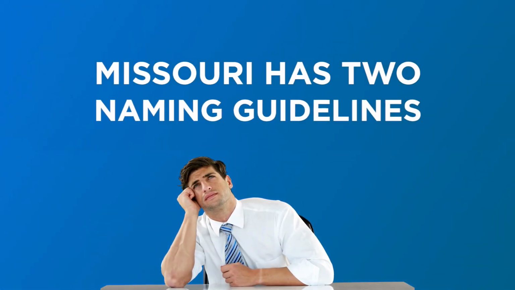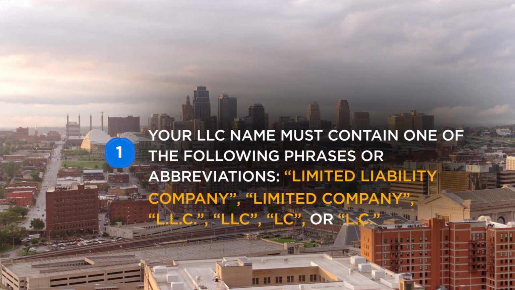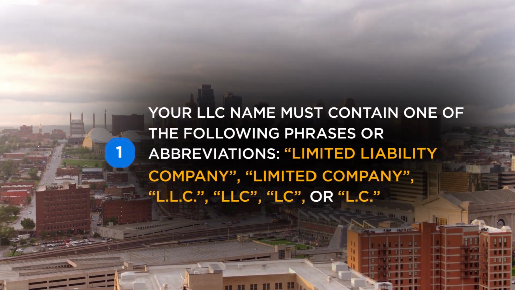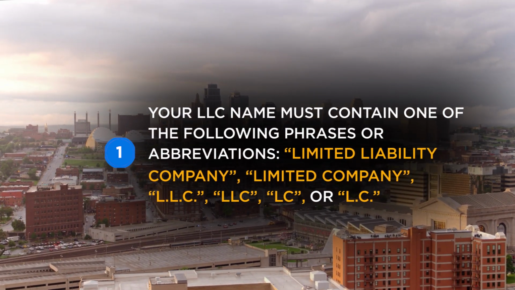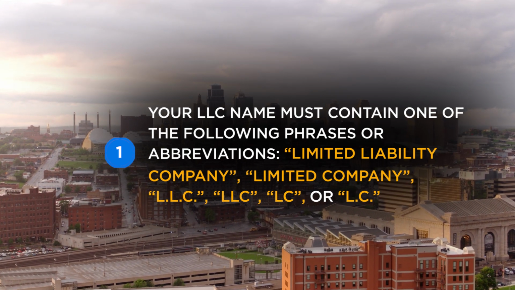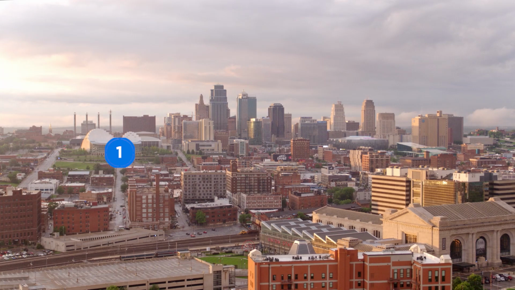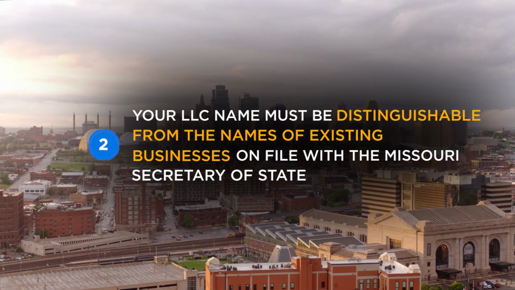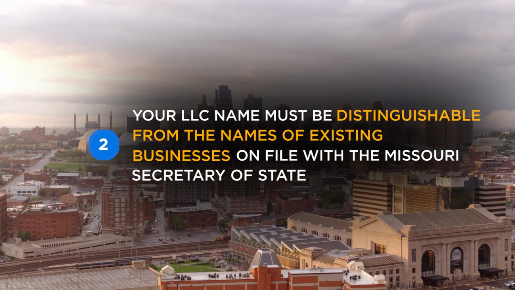The first step in forming an LLC is to select a name. Missouri has two naming guidelines. 1. Your LLC's name must contain one of the following phrases or abbreviations: Limited Liability Company, Limited Company, LLC, L.L.C., LC, or L.C. 2. Your LLC's name must be distinguishable from the names of existing businesses on file with the